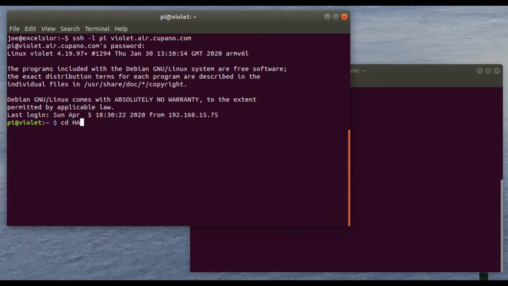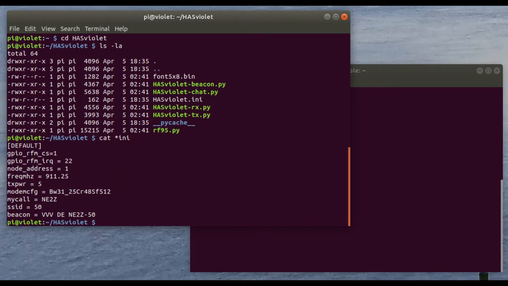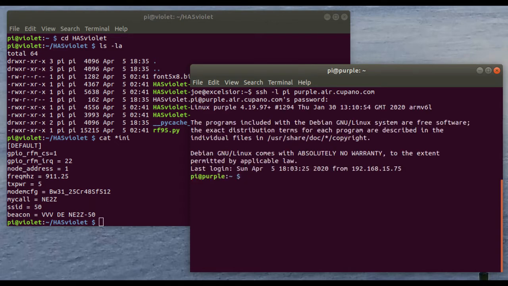I'm going to go into the HASviolet subdirectory, to a directory, and this one I've got configured as NE2Z 50. We're going to go into the second HASviolet called Purple, go into the HASviolet directory of this one,